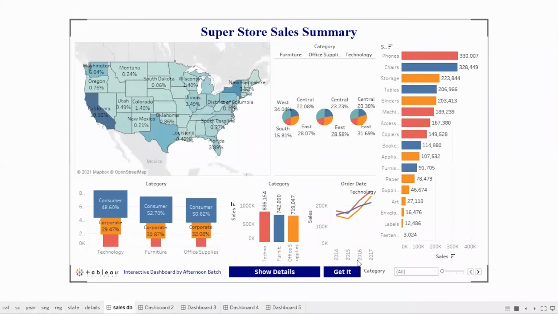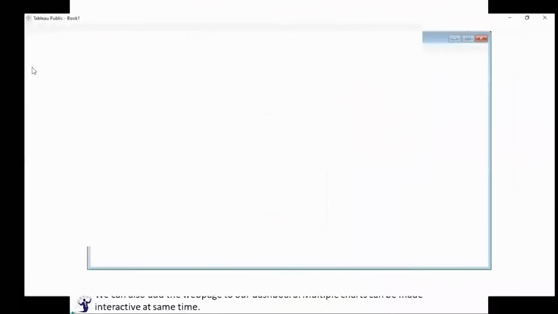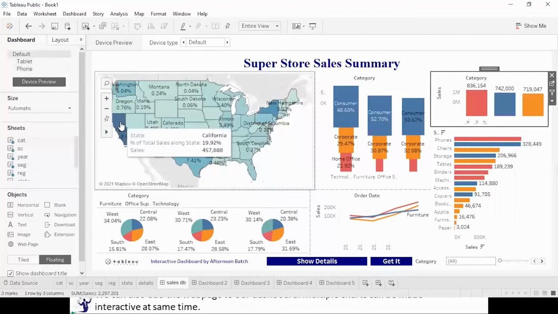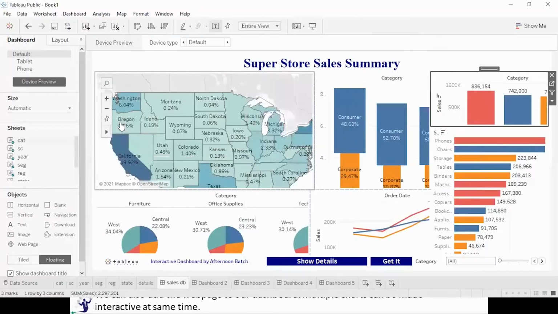Now see, this is the layout a person will see when he opens your visual on the tablet. This is tablet, this is phone, and this is the default layout. If he opens on anything else, this is the layout he will be getting. Nice, isn't it a nice feature? Yes, it is. Right. Okay, so let's proceed.